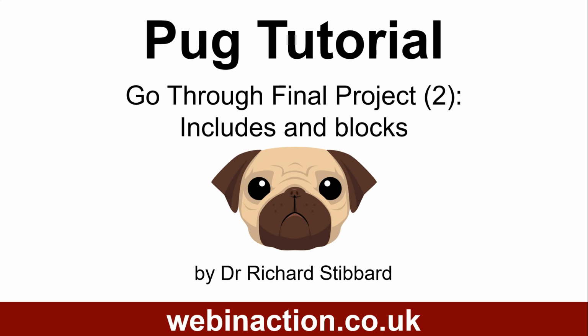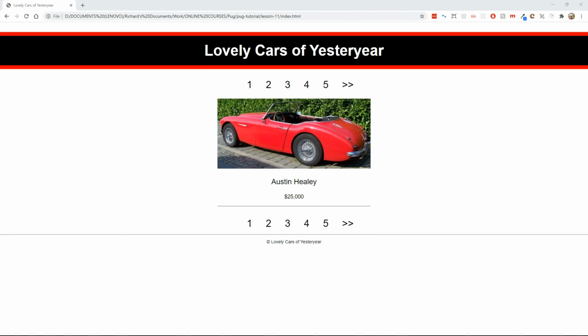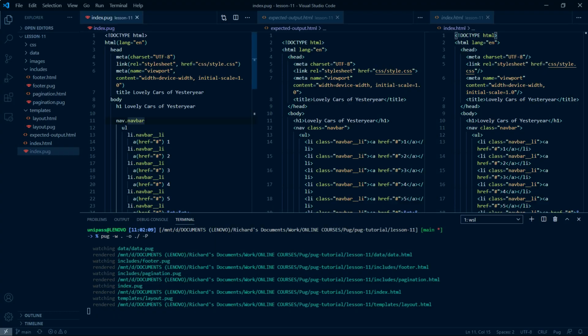We've got a single car displayed for our Classic Cars website using a static page generated from index.pug. Now we need to improve the coding using the techniques I taught you. You may have done these steps in a different order, or even ended up with a slightly different solution. But as long as you used all the techniques and ended up with the same result in the end, that doesn't matter.